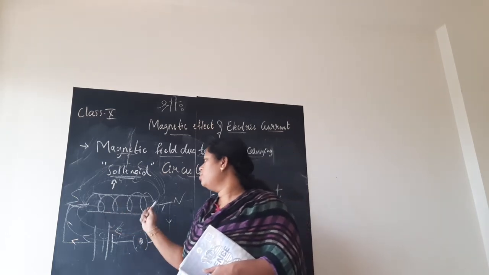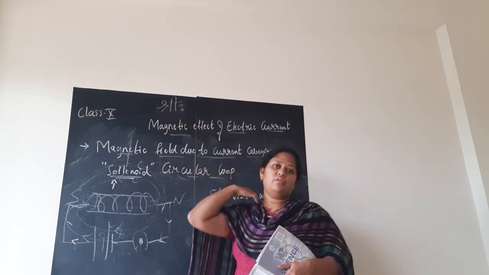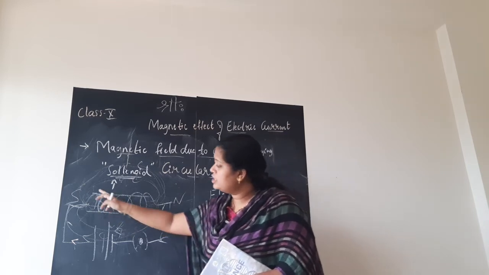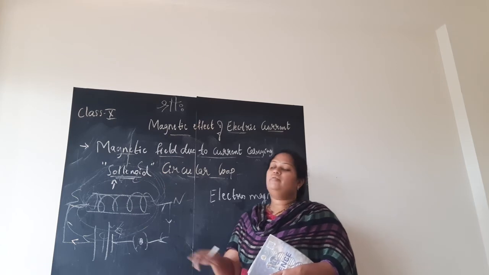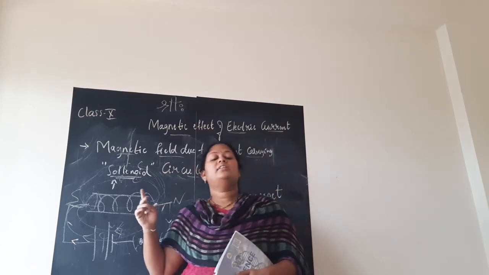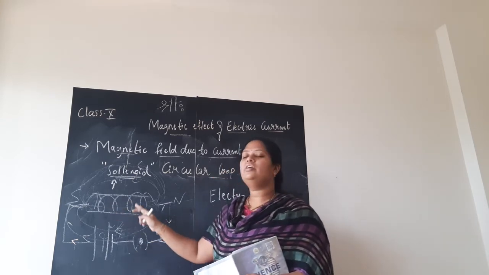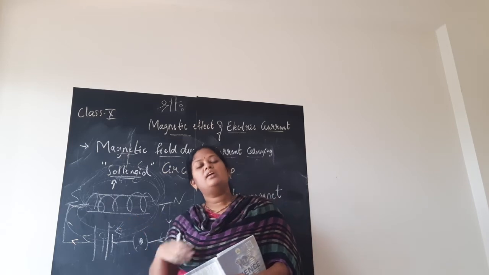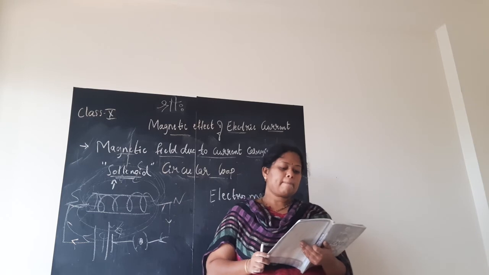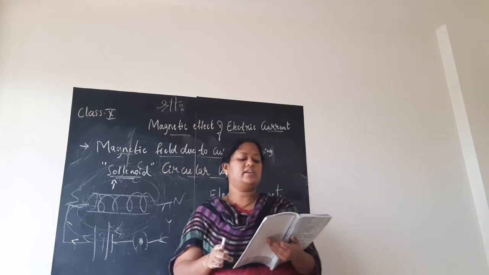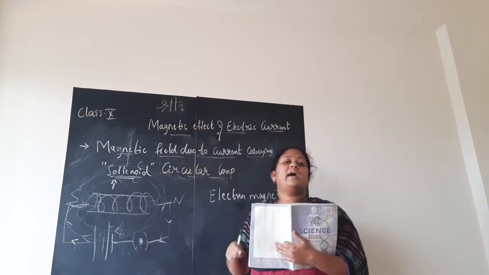Here we have 1, 2, 3, 4, 5 loops if we consider. So if it is 5, this into 5, the magnetic field strength of one loop into 5 will give you the total magnetic field strength. But if you have n number of turns in general, then n times gives you its magnetic field strength. So by this we understand that as the number of turns of the circular loop increases, the magnetic field strength also increases. It is directly proportional. This is because the current in each circular turn has the same direction, and the field due to each turn then just adds up.